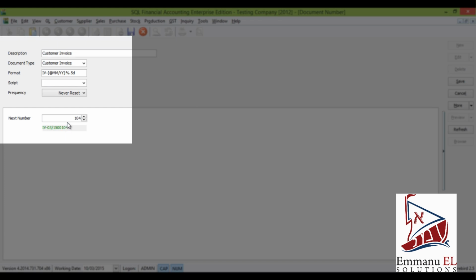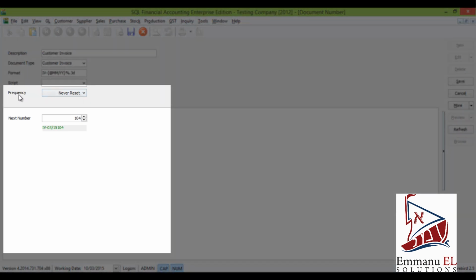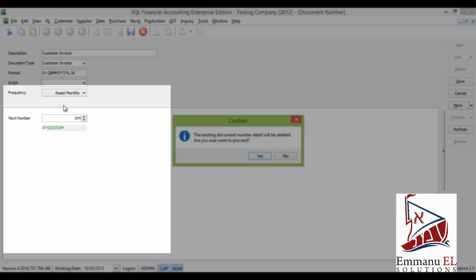Then you are able to see here we have an example of IV dash 03/15000104. And let's say here behind I have 5 digit. I don't want the 5 digit. I just want based on 2 or 3 digit. So here the 5D you can change to 3D. And if I want to set according to the monthly, so here frequency I can change to reset monthly, and